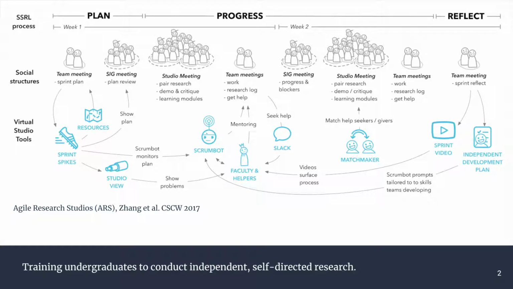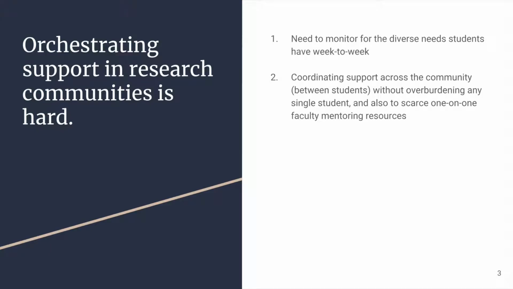However, there are still existing challenges in ARS that arise when supporting or orchestrating support for students' help needs. From prior need finding, we found that two core issues make orchestrating support challenging in ARS. The first deals with the need to monitor the status of the community and understand what each student's diverse needs